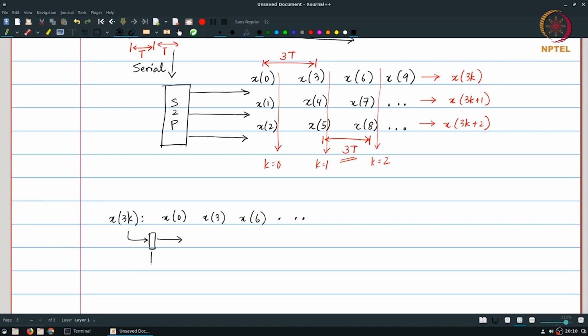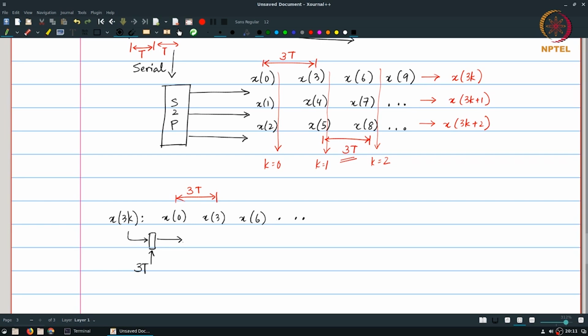Remember that the clock being fed to this is a 3t clock. In other words, it has a time period of 3t. Why? Because the interval that we have here itself is going to be 3t. This is the time period for this slowed down stream. So if I have a register with this slow clock applied to it, what I'll find is that after applying this